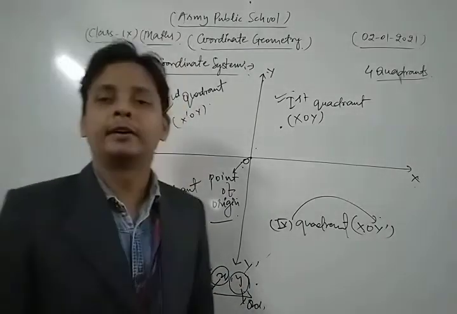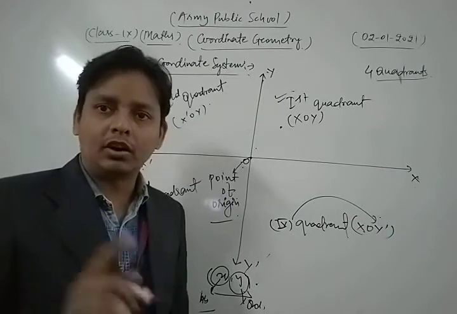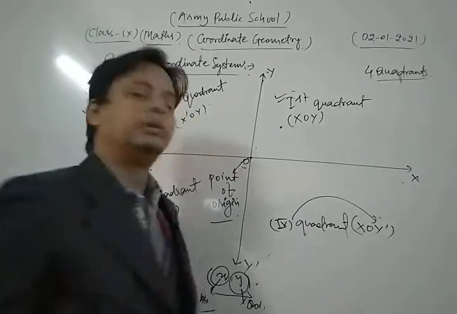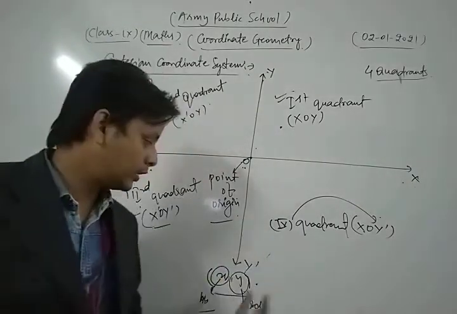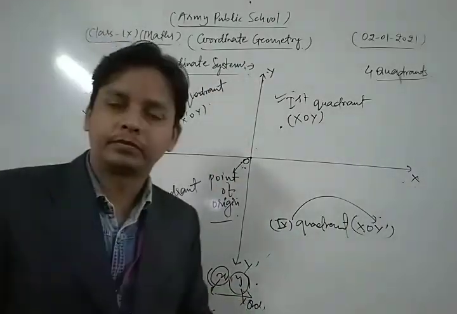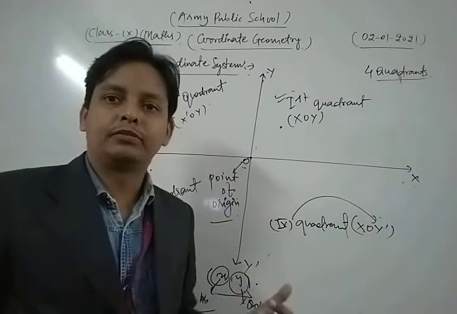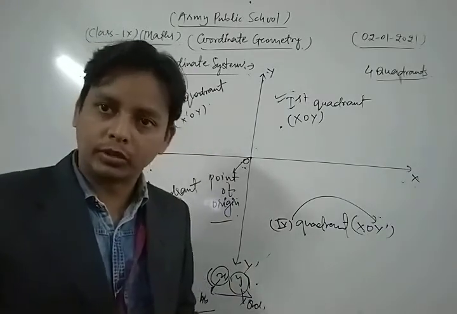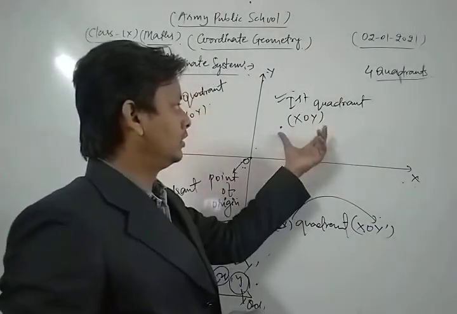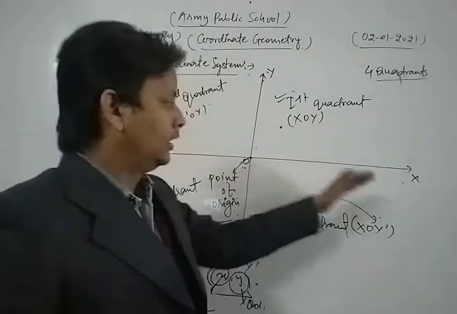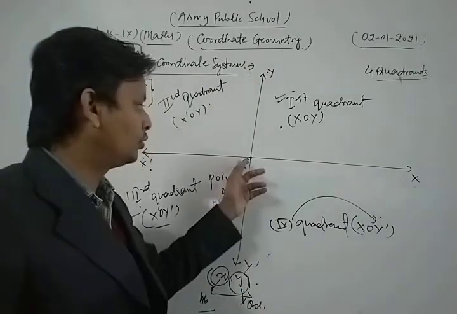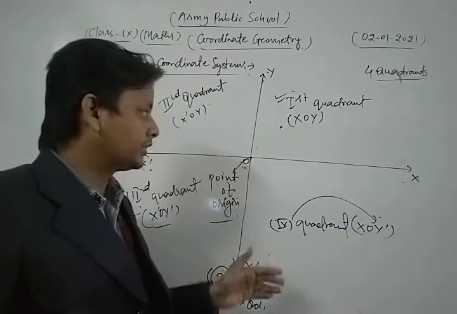One of the most important things is that, dear students, the abscissa is measured along the x-axis, meaning X'X, and the ordinate is measured along the y-axis. So this is the concept of abscissa and ordinate. Okay dear students, now in this way there are four quadrants, and here XOX' is the x-axis, YOY' is the y-axis, and O is the point of origin,